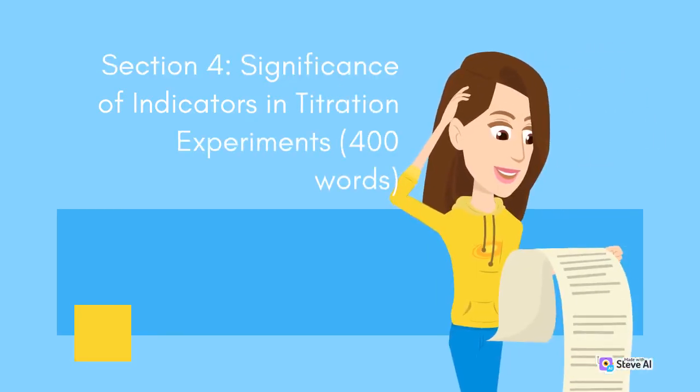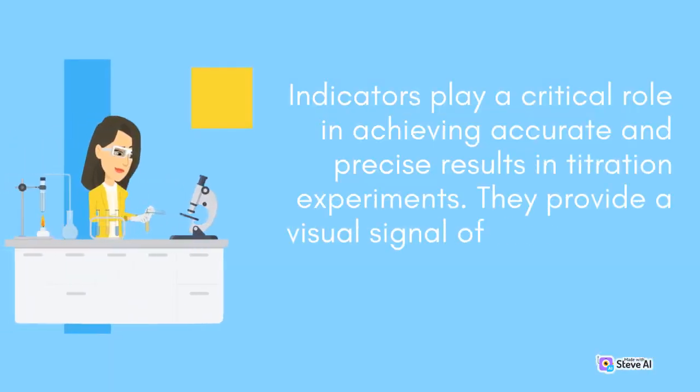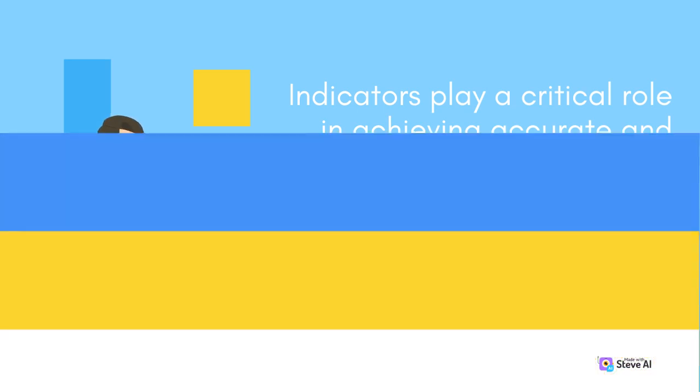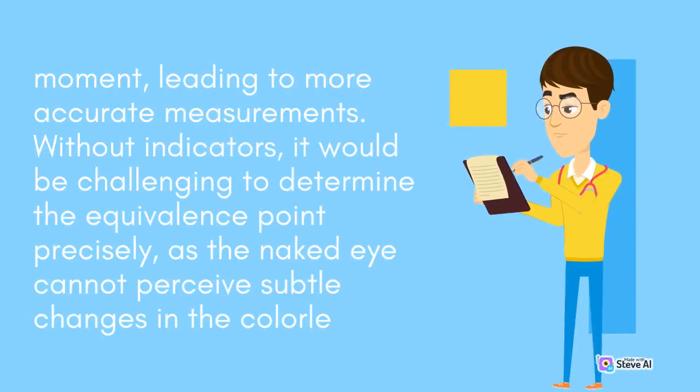Section 4: Significance of indicators in titration experiments, 400 words. Indicators play a critical role in achieving accurate and precise results in titration experiments. They provide a visual signal of the endpoint, allowing chemists to stop the titration at the right moment, leading to more accurate measurements. Without indicators, it would be challenging to determine the equivalence point precisely, as the naked eye cannot perceive subtle changes in the color